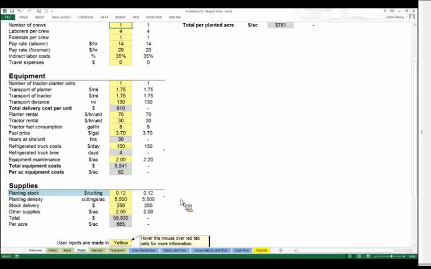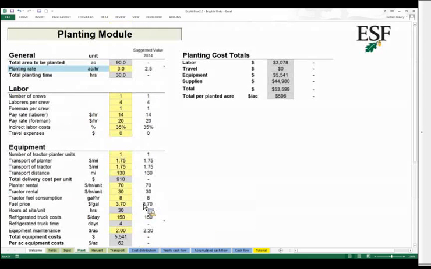So based on what we know of the production of these cuttings and where we hope to see the market go and where we think it will go as acreage that's going in the ground increases, that's going to create a more steady demand for cuttings that will help lower the cost of this. And we expect to see this price stabilize around 9 cents per cutting. So lowering that down from 12 to 9. And again, at 5,500 stems per acre, this quickly shaves $100 or $200 off your total cost per planted